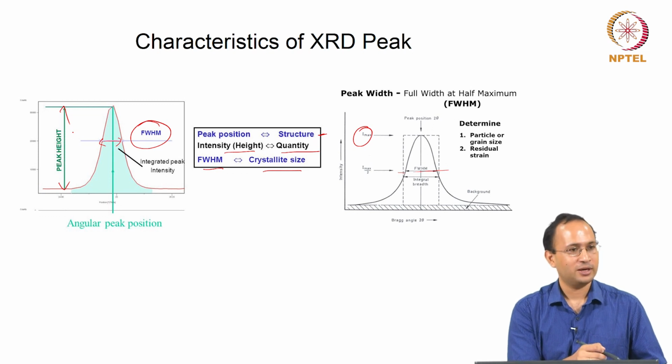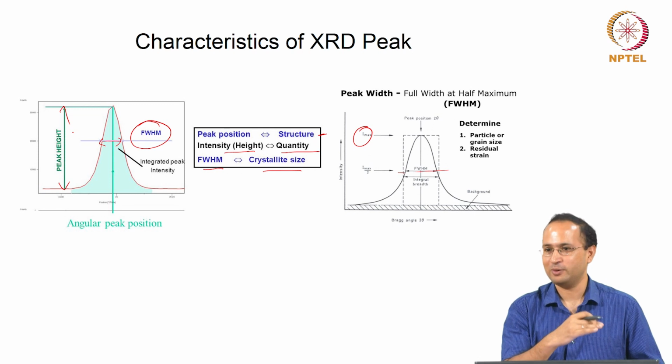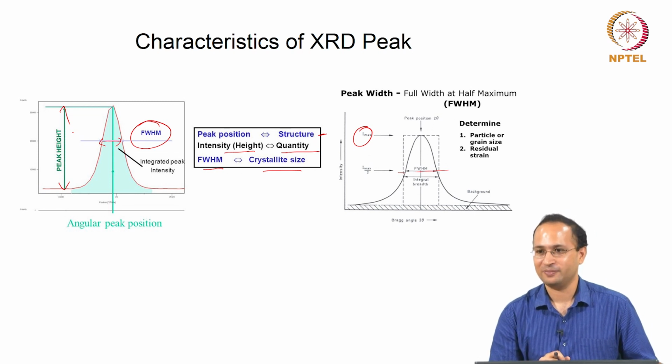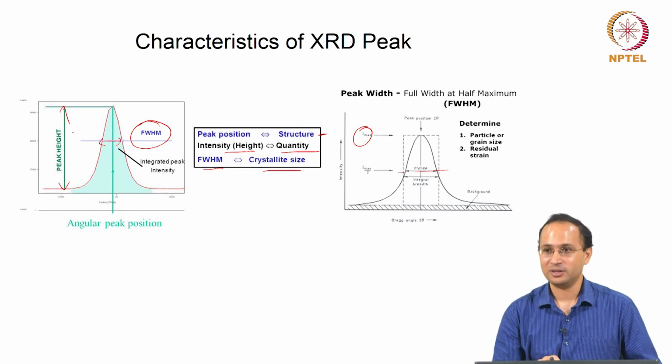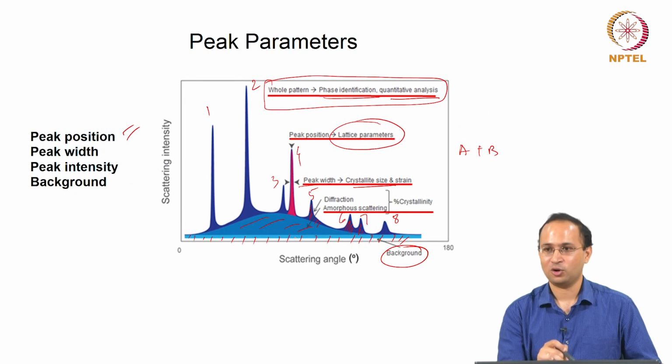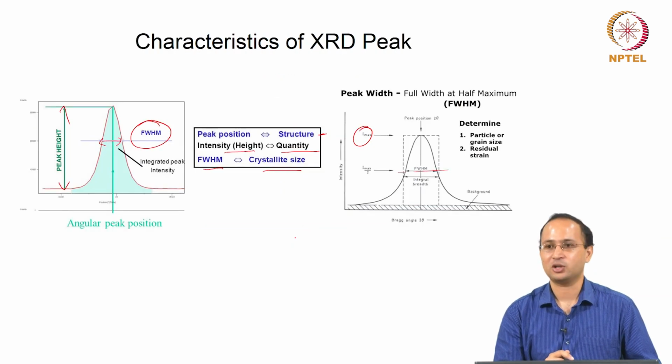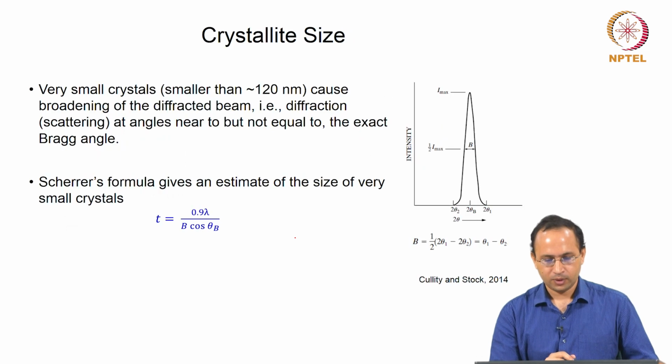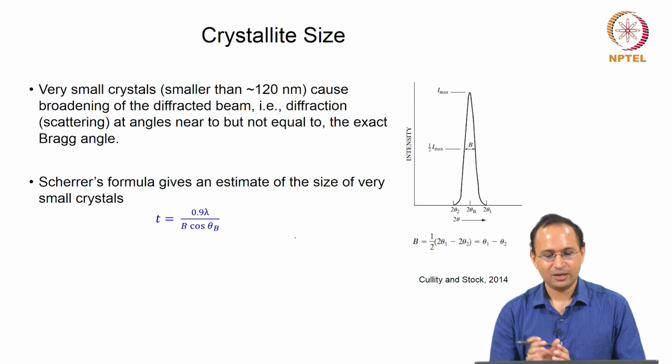Obviously, you have to remove the contribution of background if you are talking about the peak height, because you will always get some contribution from background. In the last one you have some background. So, when you talk about the peak height, you have to exclude that. We talked about how peak width can give us some information about crystallite size.